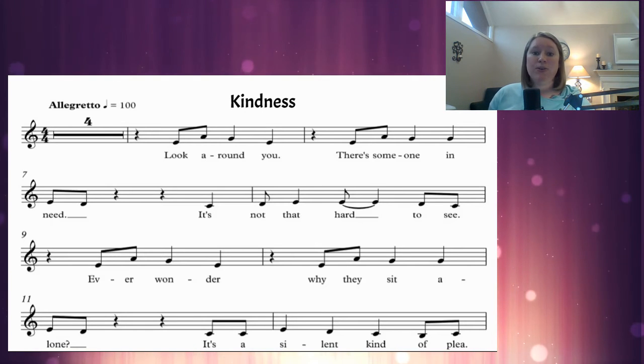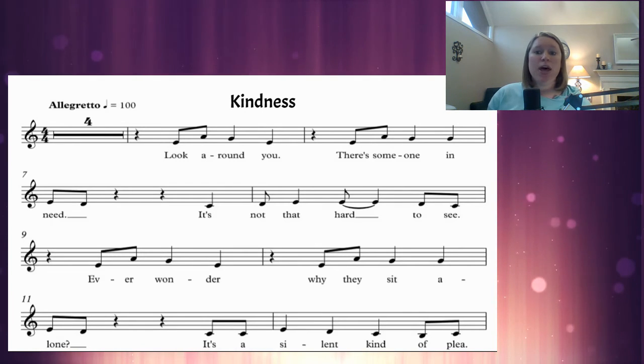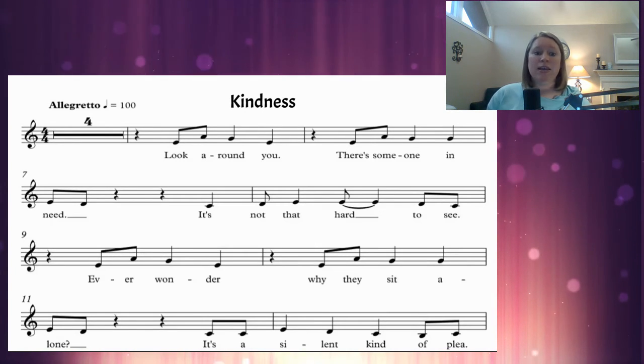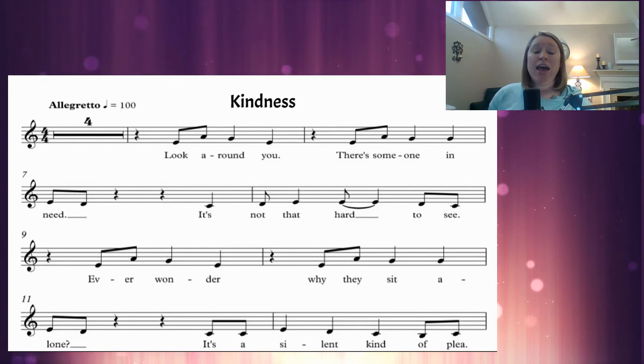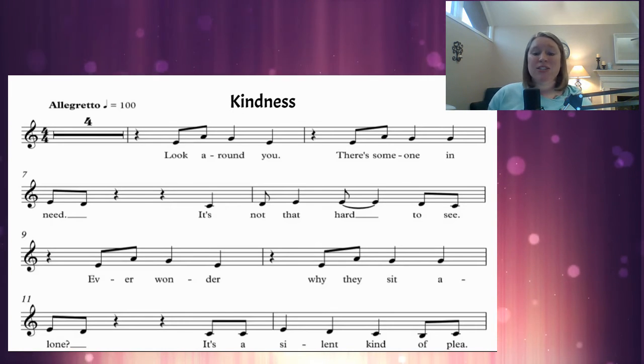Look around you, there's someone in need. It's not that hard to see. Ever wonder why they sit alone? It's a silent